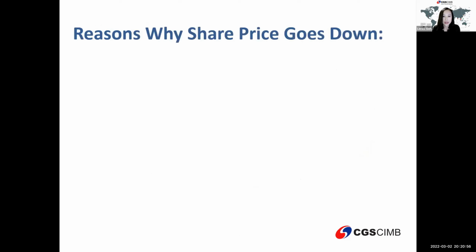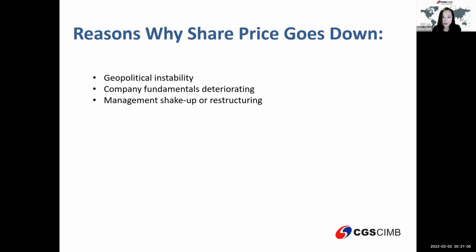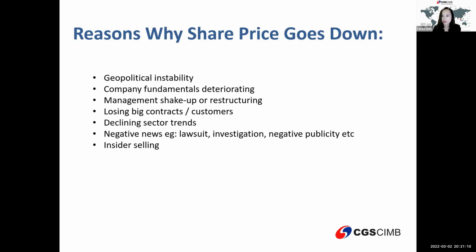So for example, we know that recently with all these issues, war breaking out, or many other reasons, the share price can go down as well. These are just some of the reasons, but of course, this is more for aggressive traders where they know what to do, and they are savvy enough to know at what level the price goes down. Sometimes the price goes down fast and furious, much faster compared to rising up.